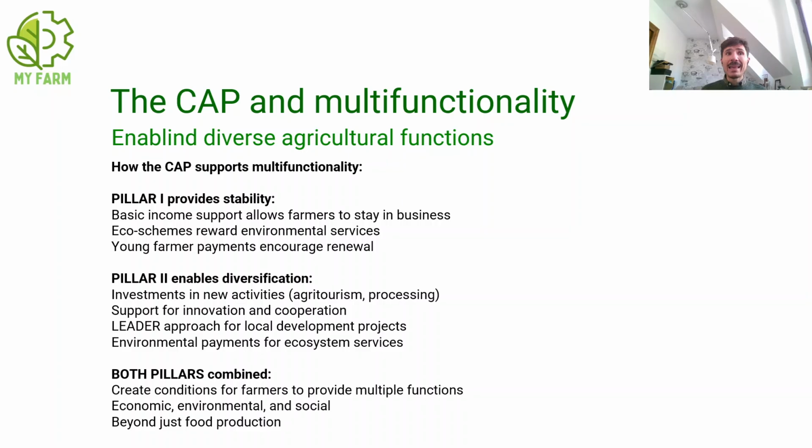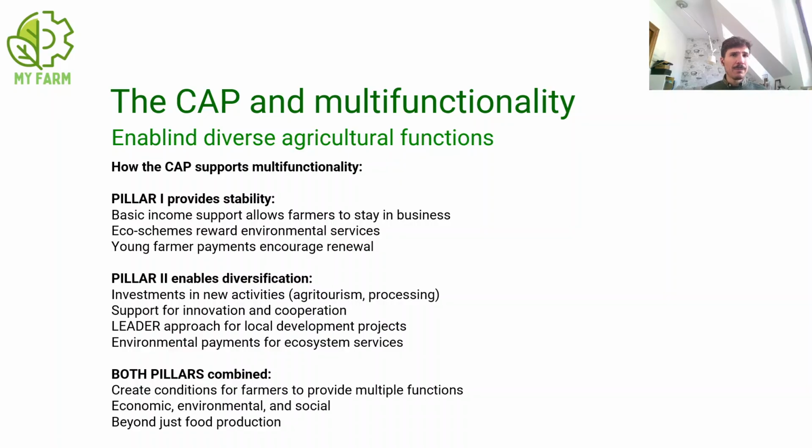Pillar 2 is where diversification and multifunctionality take place more specifically, because in pillar 2 you can provide for investments in new activities, for example agritourism, processing, or networks in the food supply chains. There is a support for innovation and cooperation. In pillar 2 also takes place the LEADER approach for local development projects that are bottom-up projects to